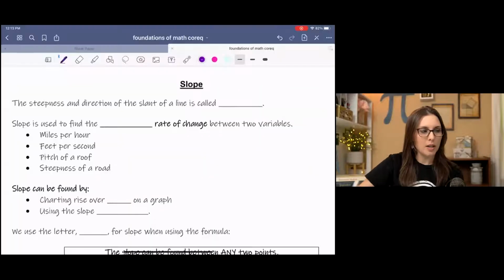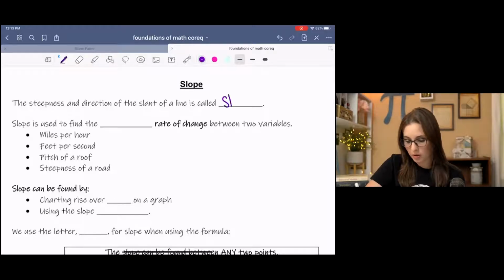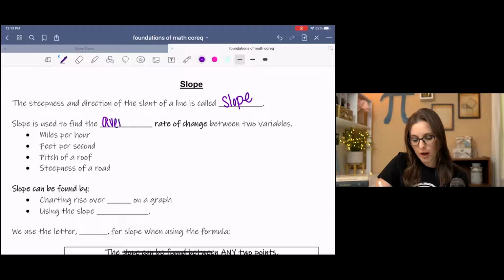Hey y'all, in this lesson, you're going to learn about slope or average rate of change. The steepness and direction of the slant of a line is called slope. Slope is used to find the average rate of change